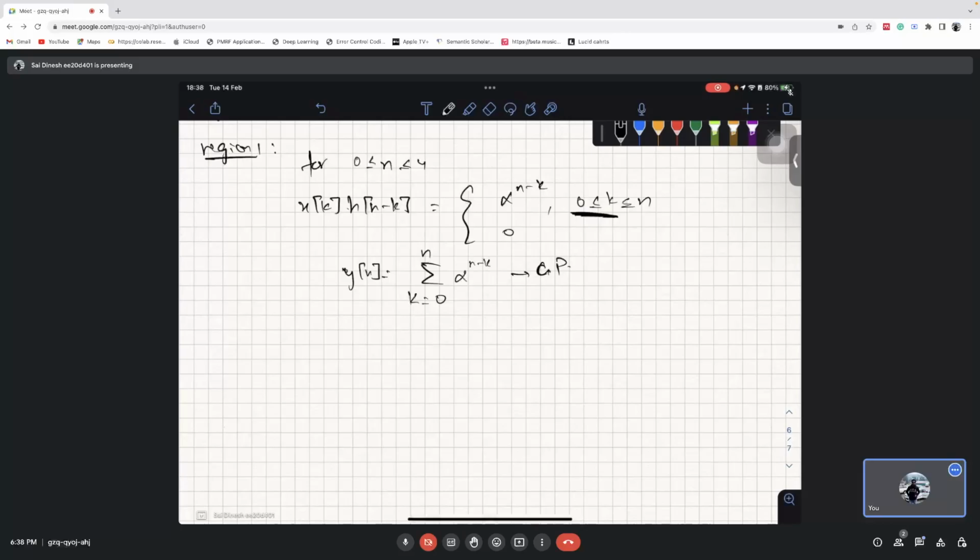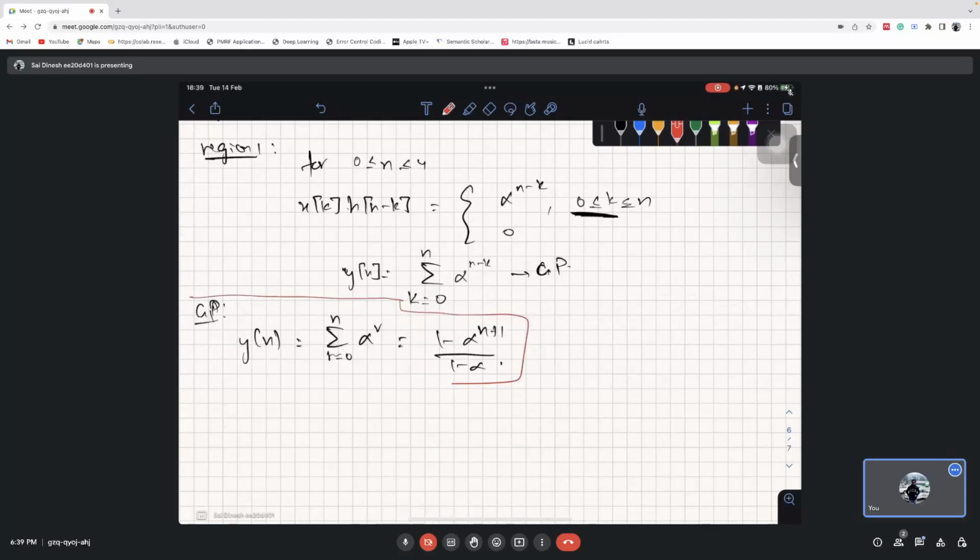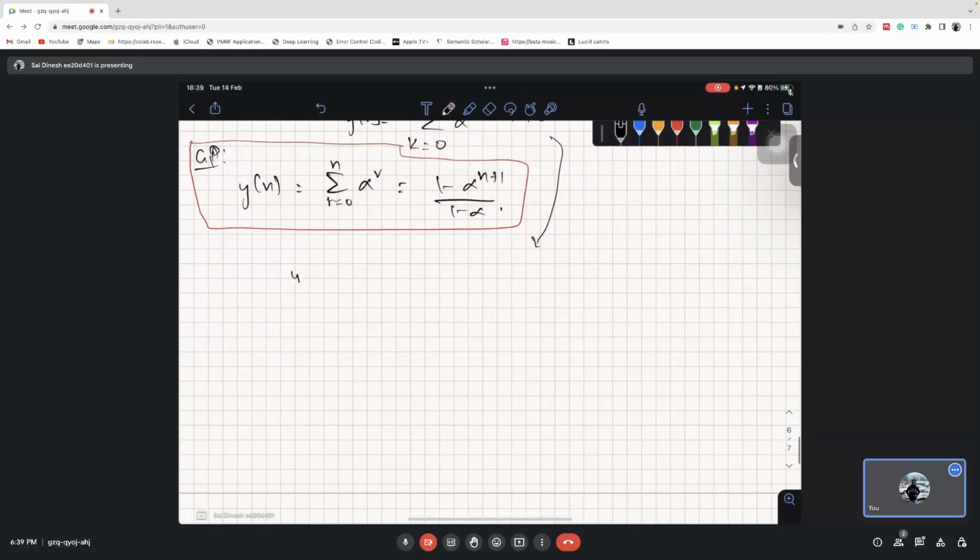And for a finite summation, the sum over r equal to 0 to n of alpha power r is equal to 1 minus alpha power n plus 1 by 1 minus alpha. This is for the GP progression that we have. So applying this here, what we get is y of n equal to